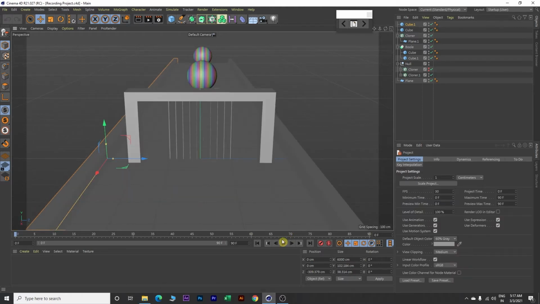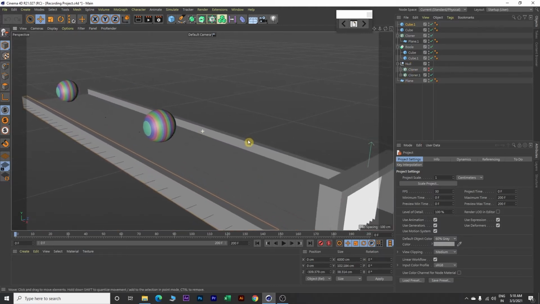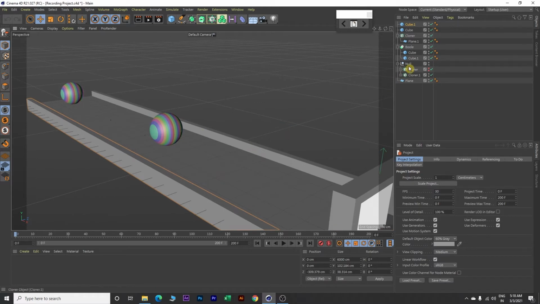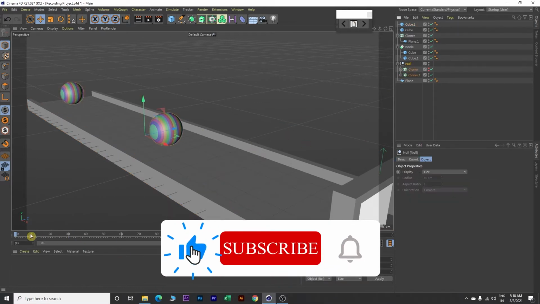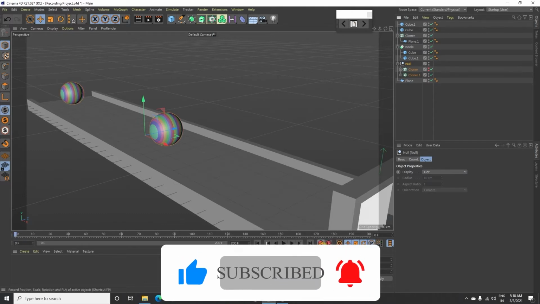So next we will increase the number of frames. So come here and type 200 and then expand this. Perfect. Next we will animate our null object. So let me reposition this. Okay, so click on null object, make sure that you are on frame 0 and then click on this keyframe.